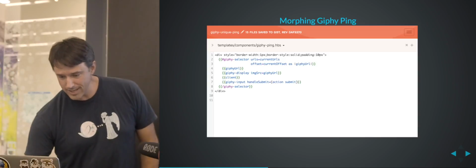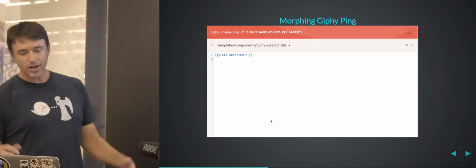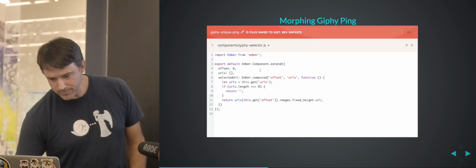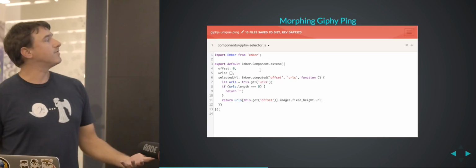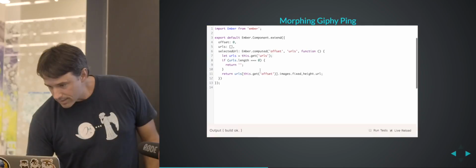And if you look at the template for Giffy Selector, it's just yielding the selected URL, and then the JavaScript will actually be giving you the offset of the URLs you come in with. So if we look at that,